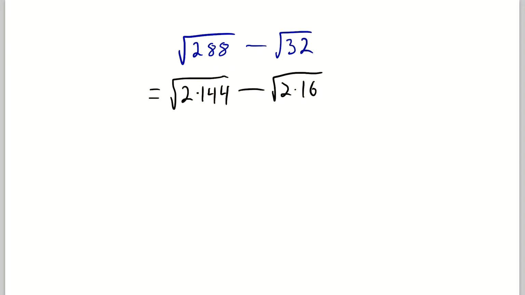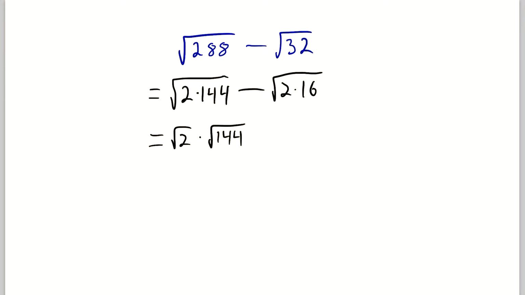Now in this case, as soon as I pulled out a factor of 2, we've got 2 perfect squares. If you still didn't have any perfect squares, you could try to keep on pulling out factors to see if you get a perfect square, but in this case, nice and easy, we pull out a 2, and there's perfect squares. 144 is 12 squared, and 16 is 4 squared. And when you're simplifying expressions like these without a calculator, of course it helps to be able to identify those squares quickly. So we are going to rewrite this expression like this: